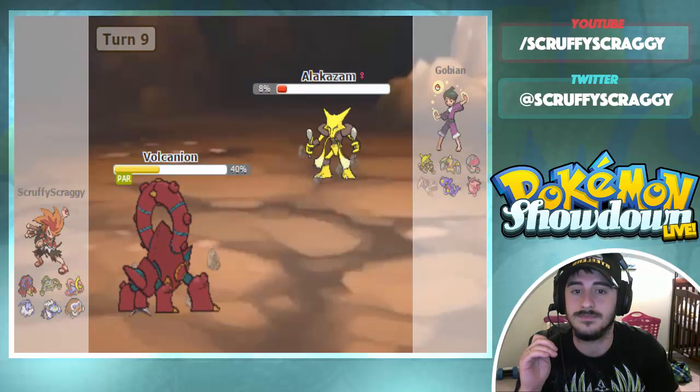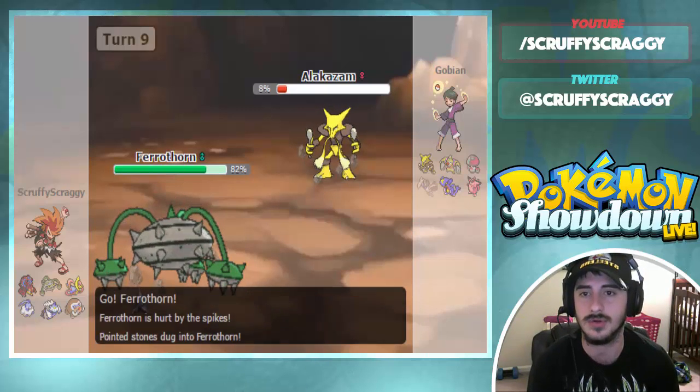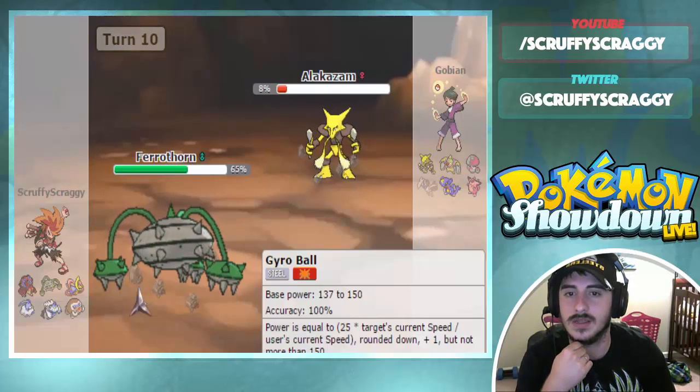Okay. I'm going to go into Ferrothorn now to preserve Volcanion. I know he's really slow, but it could help with the Amoonguss matchup. He's going to go for Shadow Ball. It doesn't really do much. And now I'm going to go ahead and go for a...